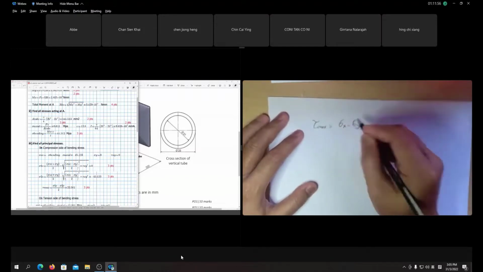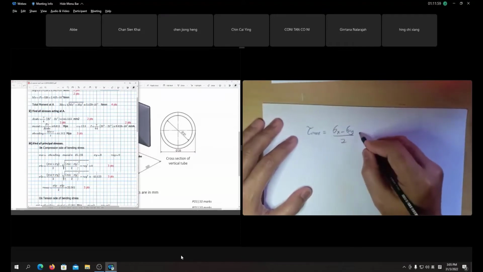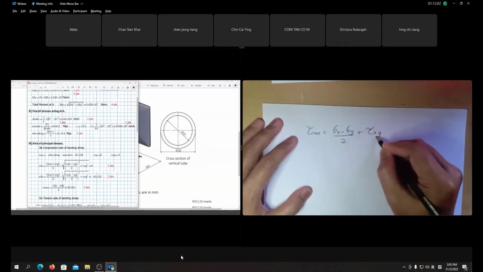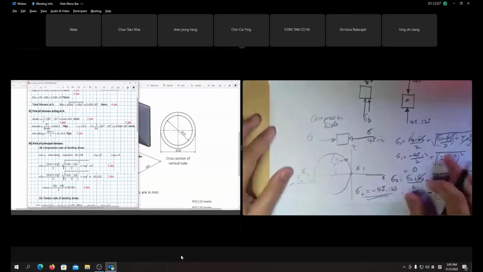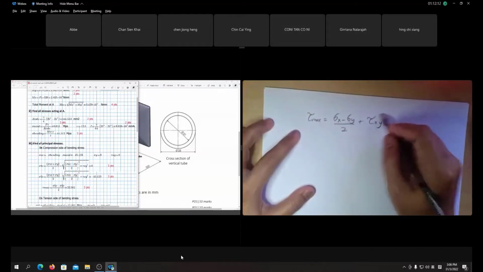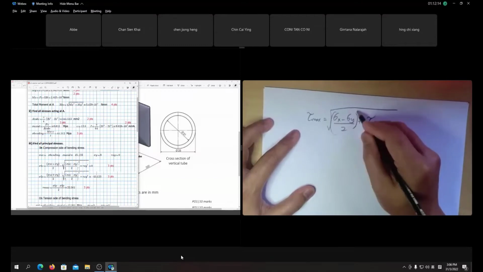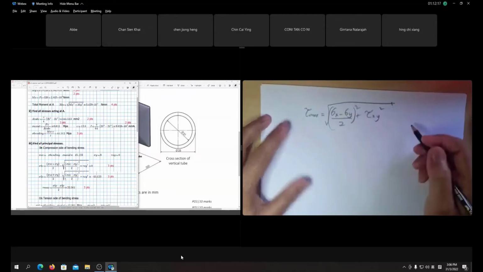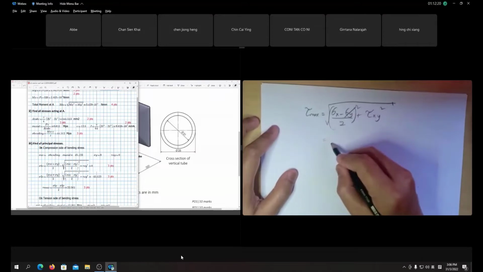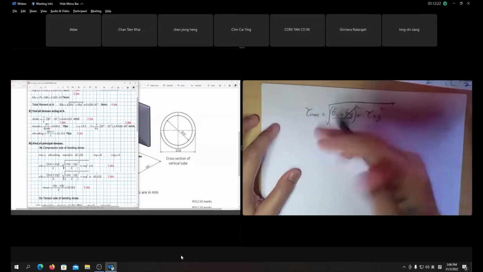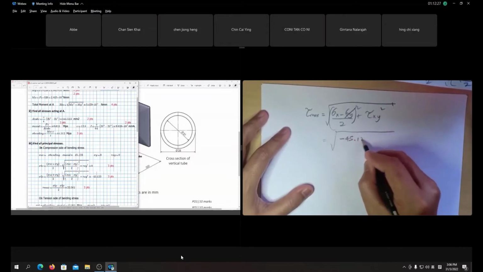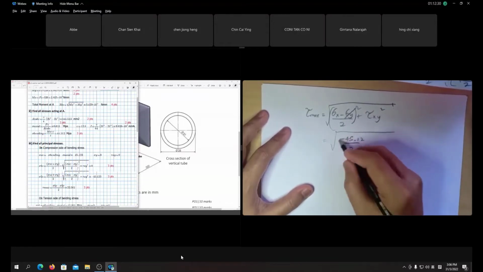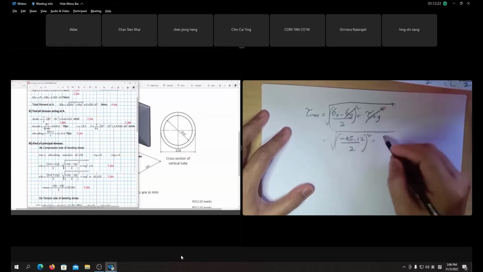Sigma x minus, equation, sigma x over 2 plus tau xy, divided by 2 if we follow logic. I'm talking about the equation: sigma 2 divided by 2. You are right. Sometimes students use the square root equation like this. The equation is like this. So sigma y is 0, and logically by this, sigma x is negative 45.12